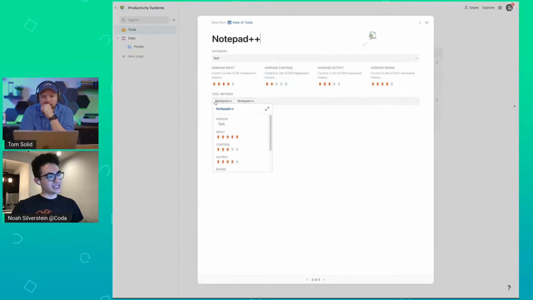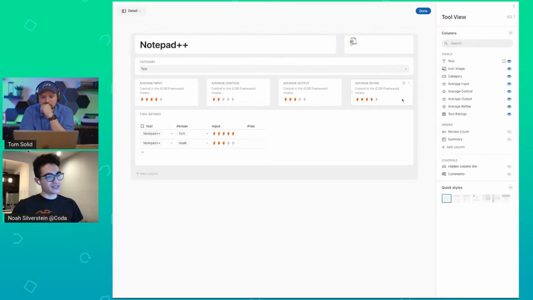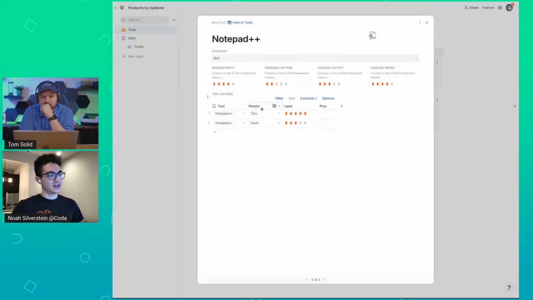And so just seeing these individual chips isn't actually so useful. I probably want to see the full review itself. And so what we allow you to do is create subtables, we call them. Basically, I can choose to show those row references as the actual rows themselves. So now I basically have a little table within my table. For each one of these rows, I'm showing all of the ratings that have been submitted for that tool